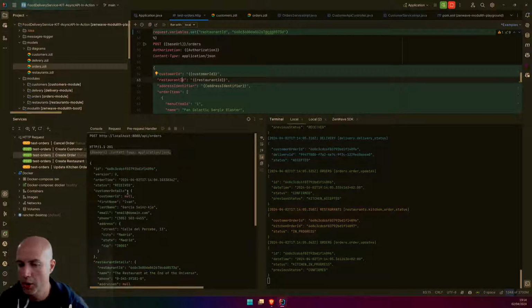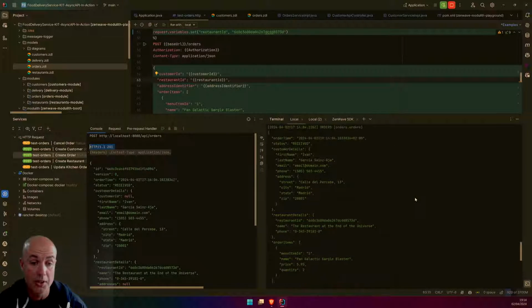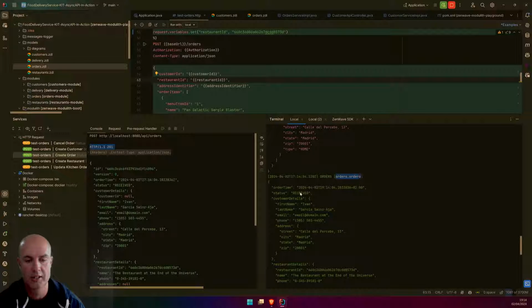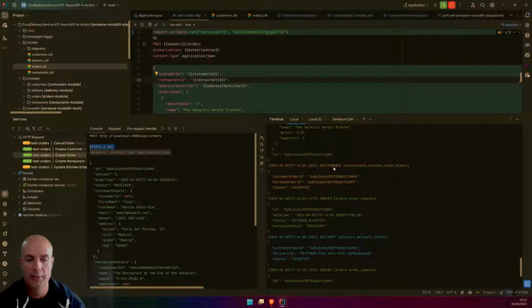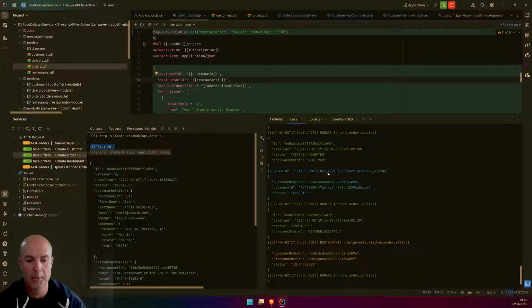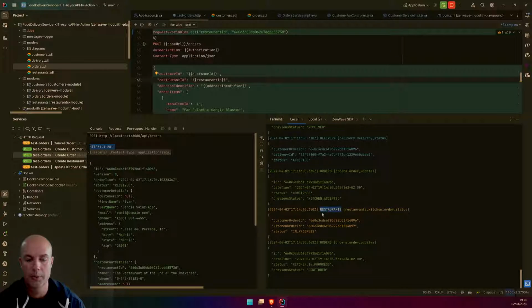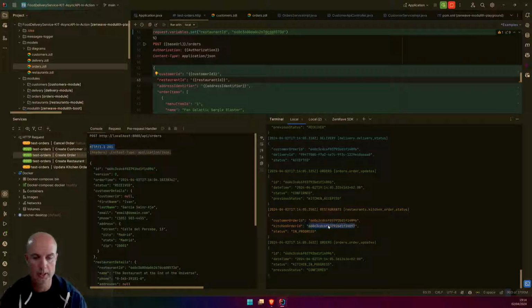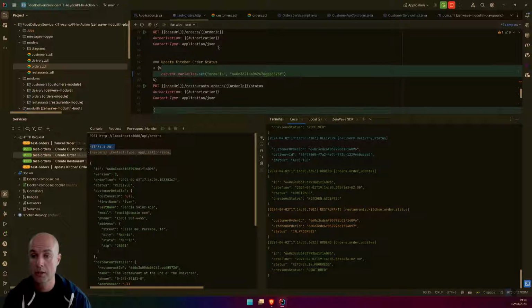And again, we got a received response, the order was received, and now a lot of interesting things happen behind the scenes, event-driven architecture. The orders publish the order details, receive status, and the restaurant accepts, the delivery accepts. So now the order is confirmed and the restaurant is in progress. And we can copy this kitchen order to drive this order a little bit further.